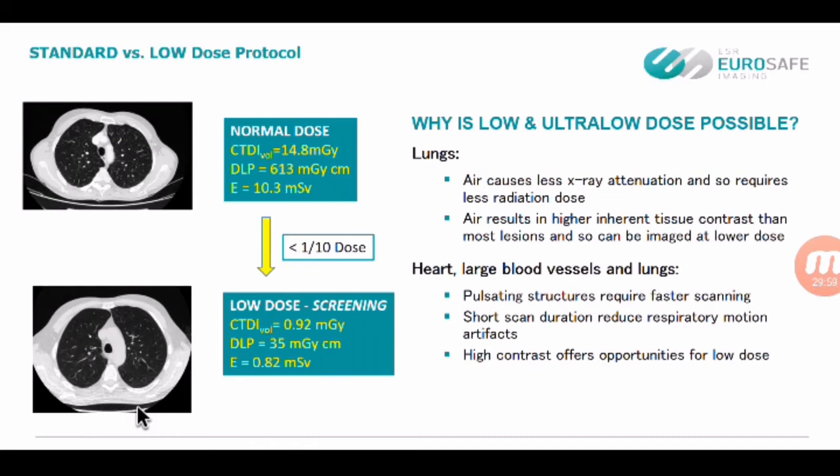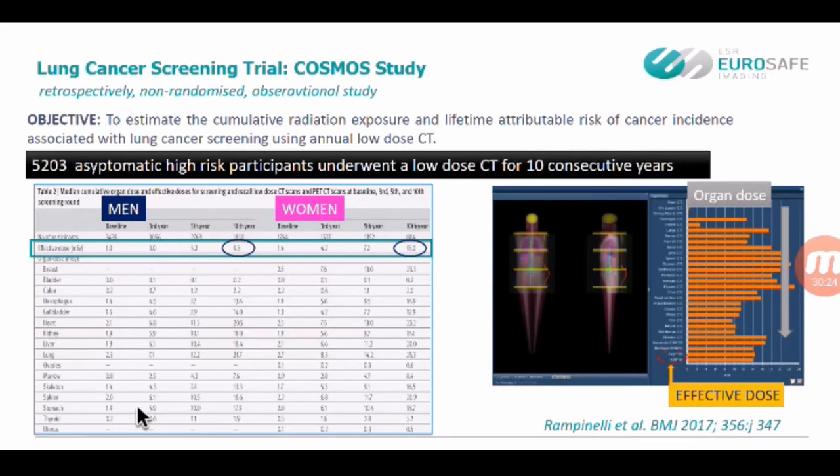And then the presence in the chest of the heart and large blood vessels means that pulsating structures require faster scanning, and so dose reduction, and also a short scan duration, which reduces respiratory motion artifacts, and the presence of high contrast offers this possibility. And here I would like to show you the results of a lung cancer screening trial we performed, a